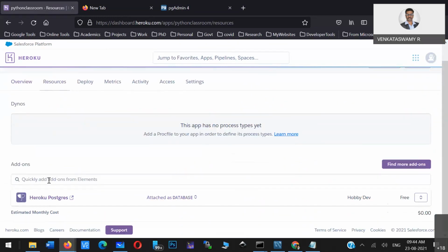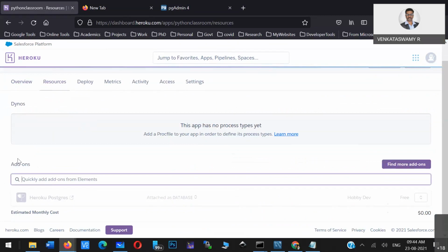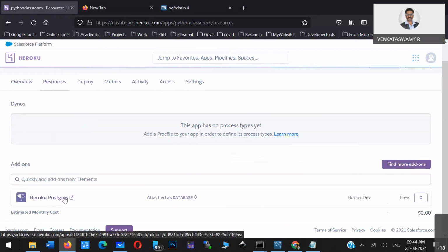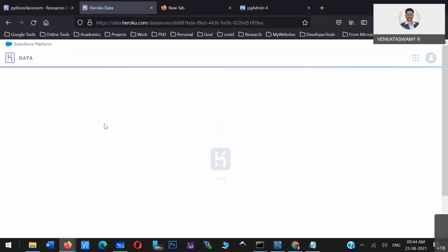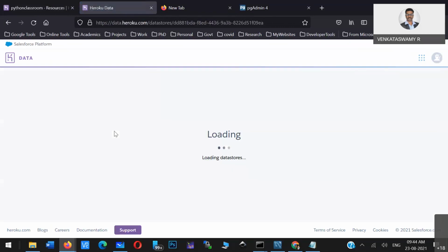Go to resources, and in add-ons just type Postgres, then you will get one Heroku Postgres link like this. If you click on this link, it will land on a statistics page, the database dashboard. You should not look here.